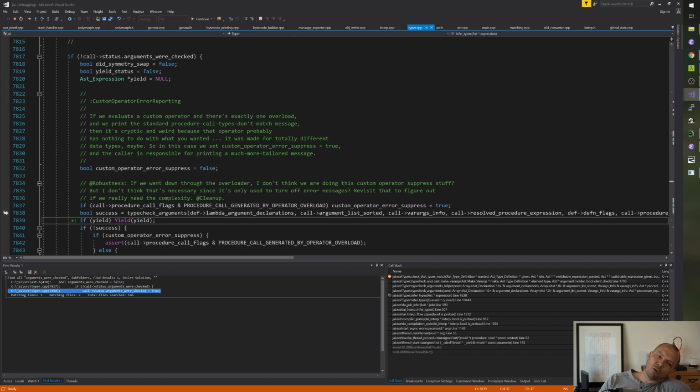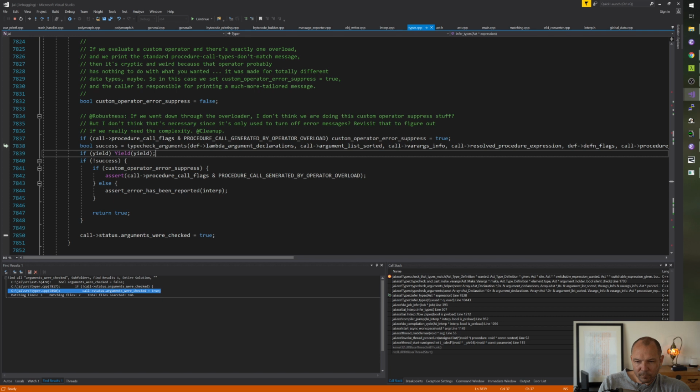The reason this is a hard choice is because I don't want to type check every function twice, right? Once for the overload, and then again when we get back here. And the reason that matters is because of inserting casts onto the things, and the way we do that we kind of want to do it back here once we know everything that is done and the final polymorphed function and all this stuff.